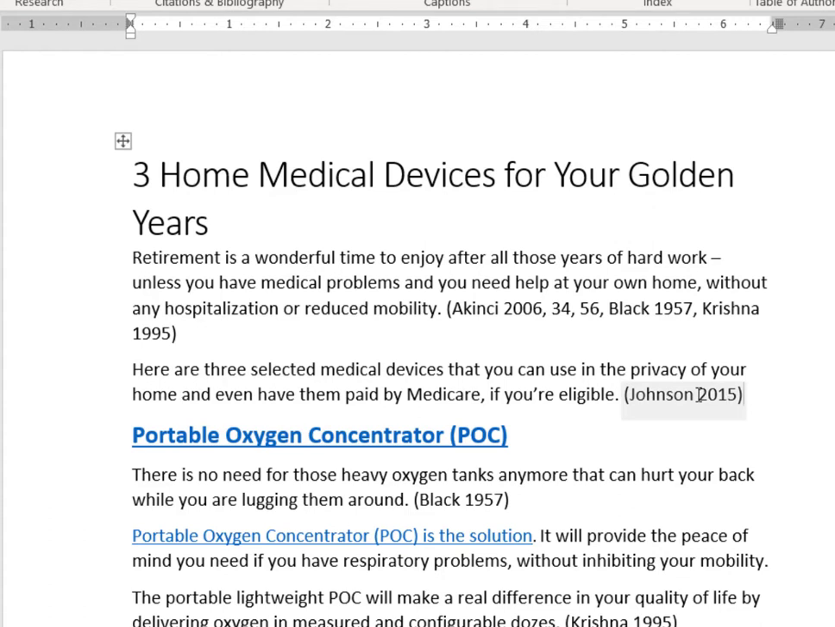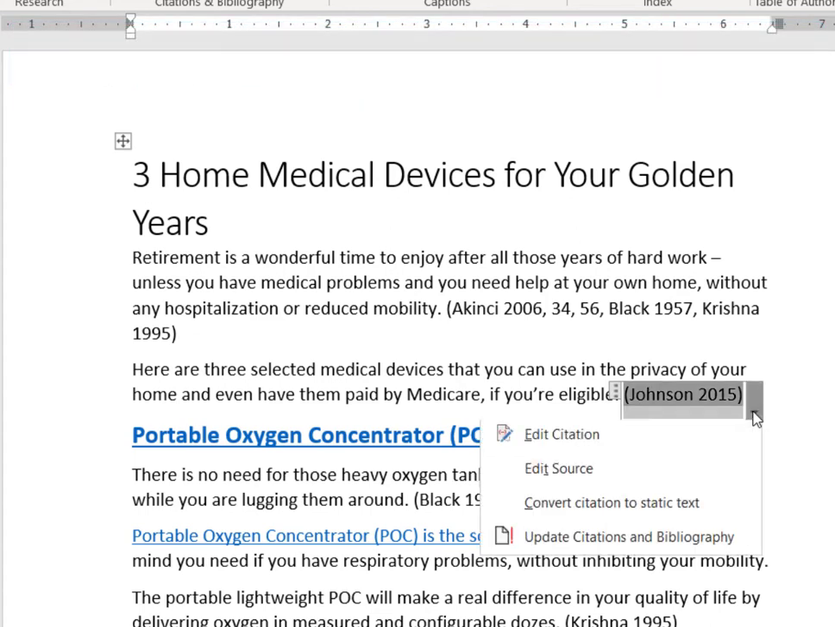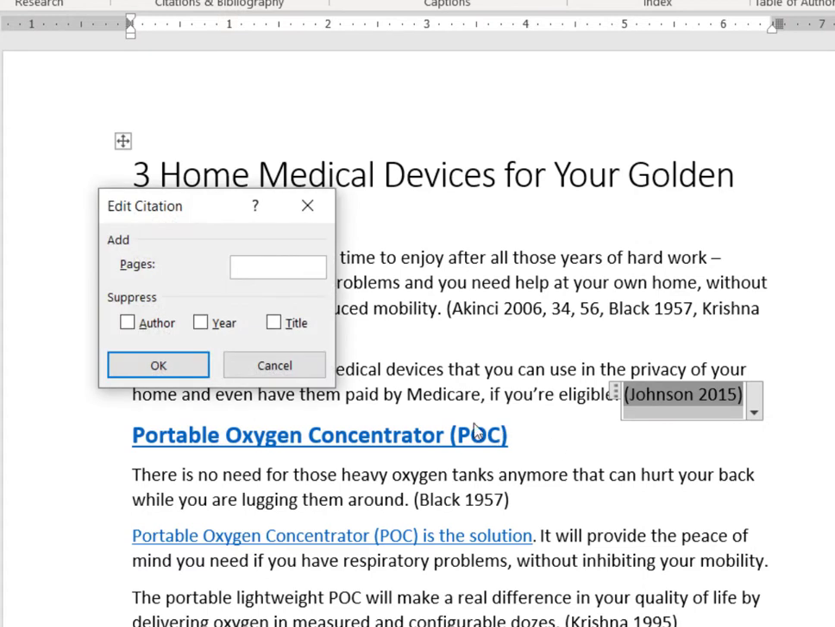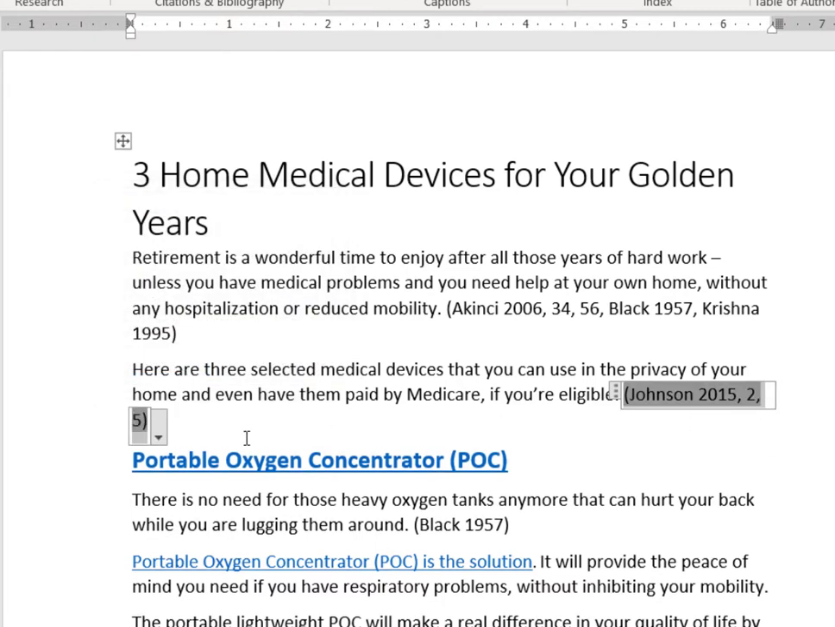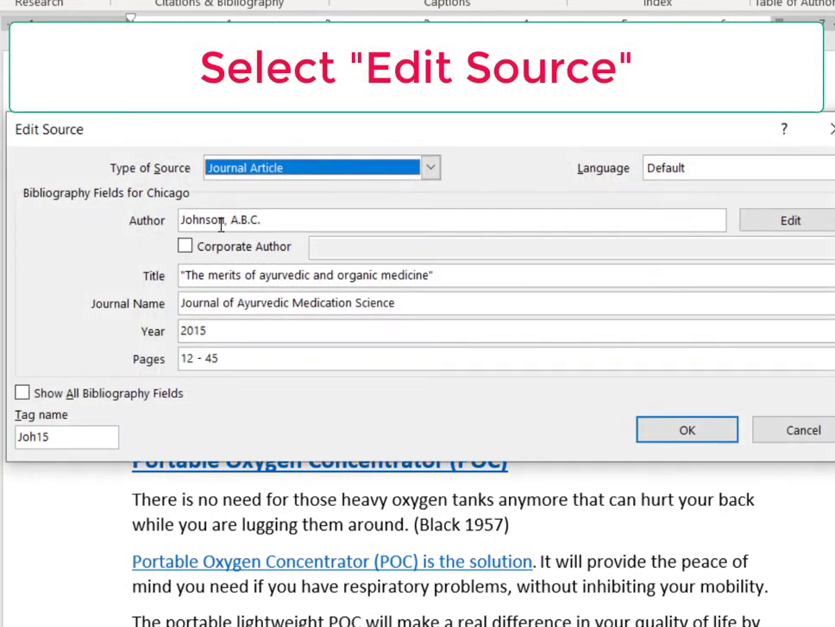This is our new citation. If you click on it, it'll go into edit mode. And let's say if I made an error, so edit citation. Okay, this has page numbers 2 and 5. And if I made an error with the way the source is recorded, I go to source and maybe